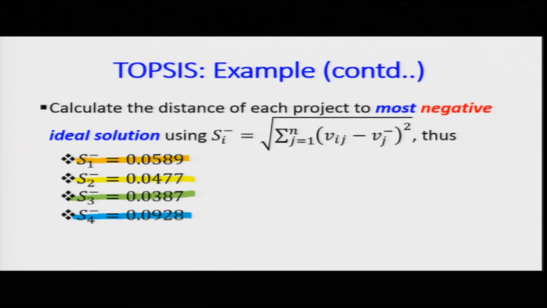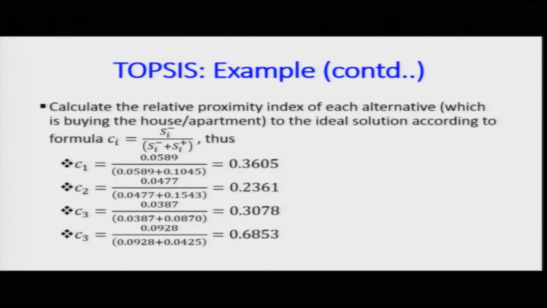So, you have found out Si plus values 1, 2, 3, 4 for 4 alternatives. I found out Si minus for 1, 2, 3, 4 values, 4 alternatives. These are basically the maximum and the minimum distance corresponding to the fact that I am using the concept of ideal distance, how far or how close it is. Now, you want to find out the relative proximity. The relative proximity index for each and every alternative would be how close or far it is on a scaled value.